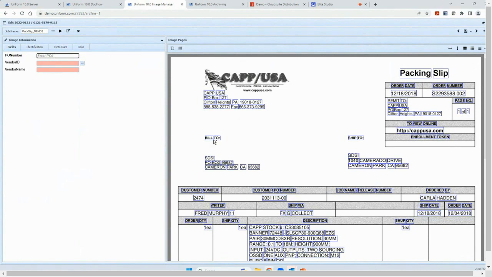And so in some cases you may need to enter a PO number. In this example, because it's a decent looking document, I'm able to click on the PO number. It'll fill in my value here. And then we can use that value. Once we've got a PO number, we can go back and look up a vendor number, vendor name, and any other information we want to have associated with that document, so that once it's in the repository, it's easy to find.